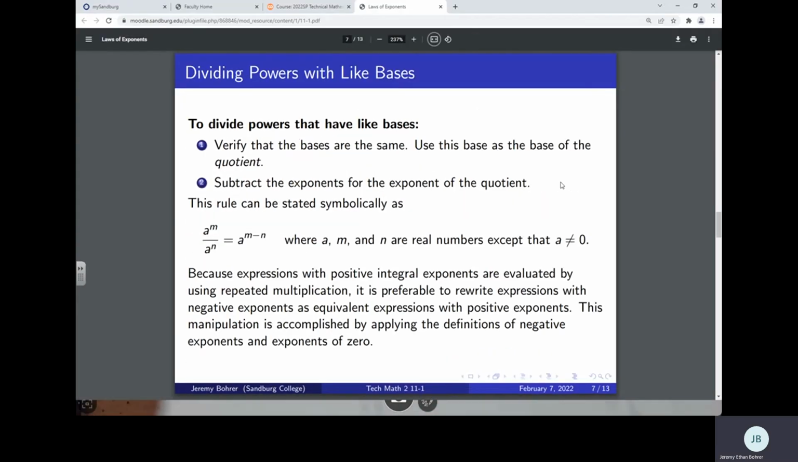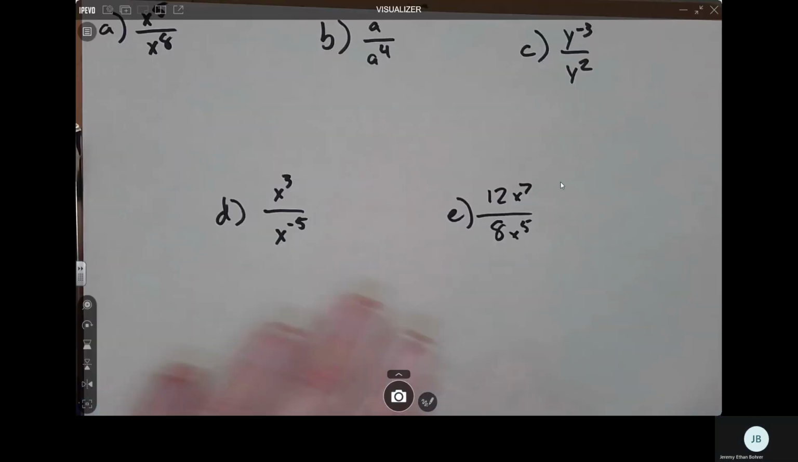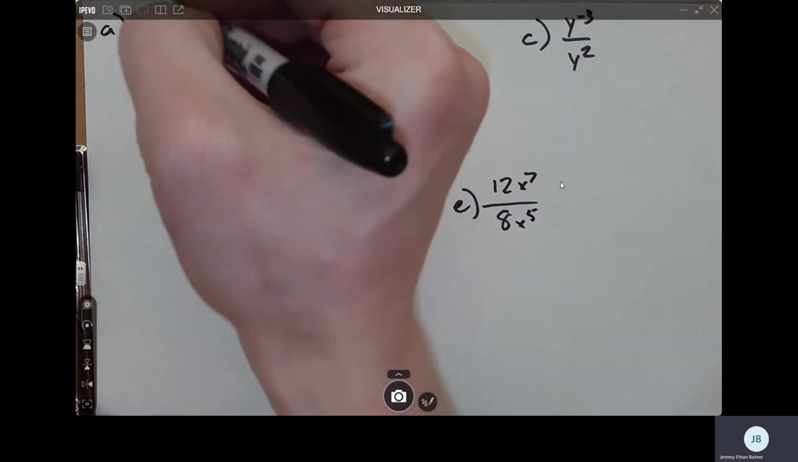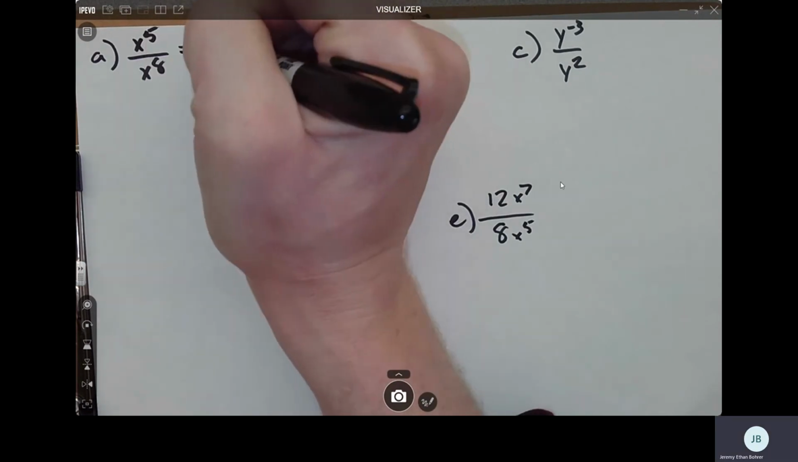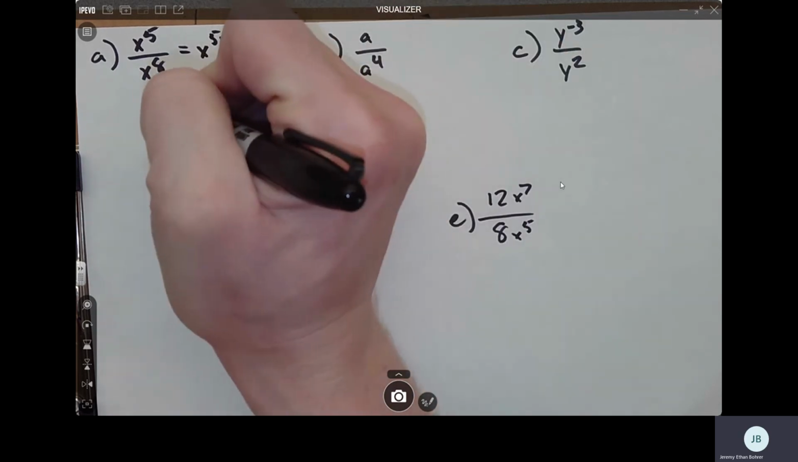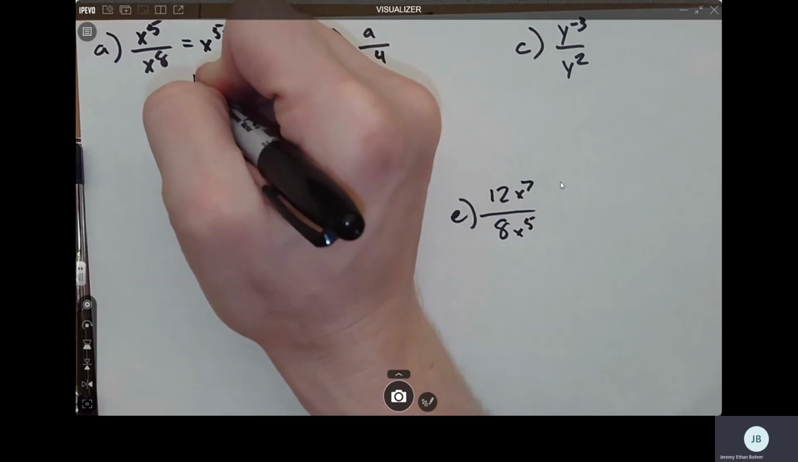Next up, I've got two separate sheets here. In these first problems, we're going to write the quotients using positive exponents, and then in the second set of problems, we will simplify the expressions and make all of the exponents positive. Okay, so we'll start with x to the 5th divided by x to the 8th. That would give us x to the 5 minus 8, which is x to the negative 3. But since we want to have positive exponents, we move that into the denominator, and we've got 1 over x